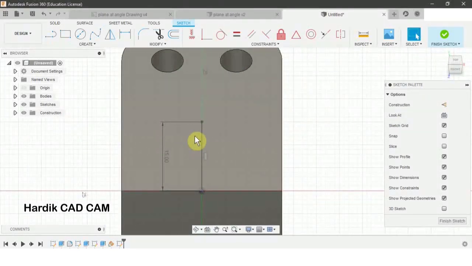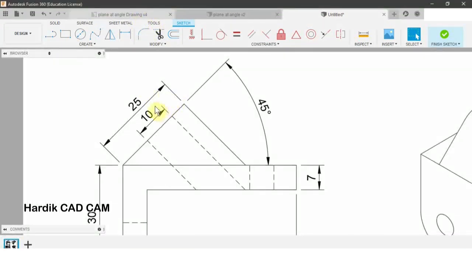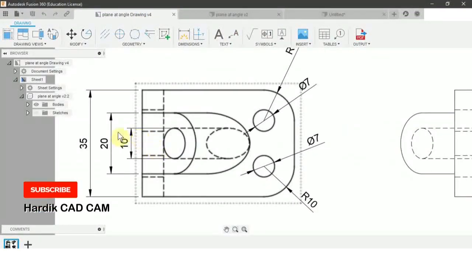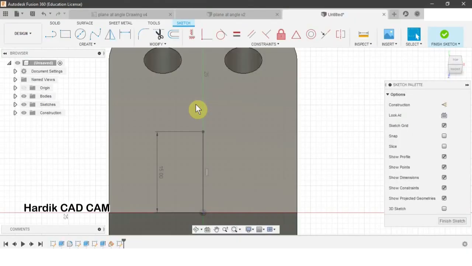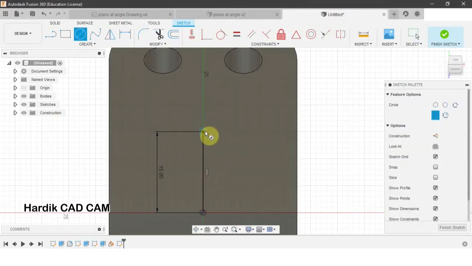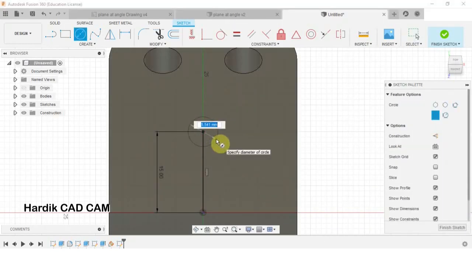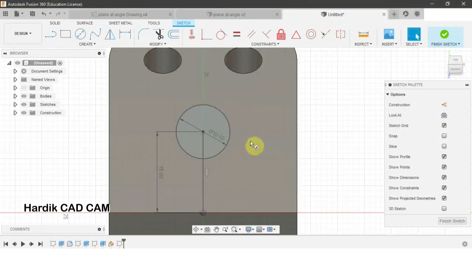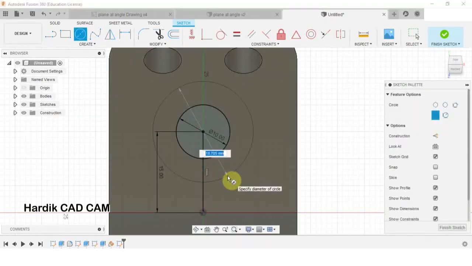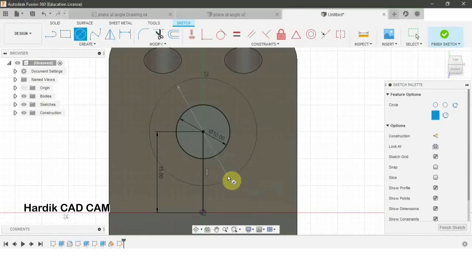Okay. Now we will create two circles like this. The diameter will be 20 mm and 10 mm. So we will create two circles. For circle the shortcut is C. We'll click on this endpoint. We'll write down 10 and enter. We'll create another circle from the same origin. We'll write down 20 and enter.